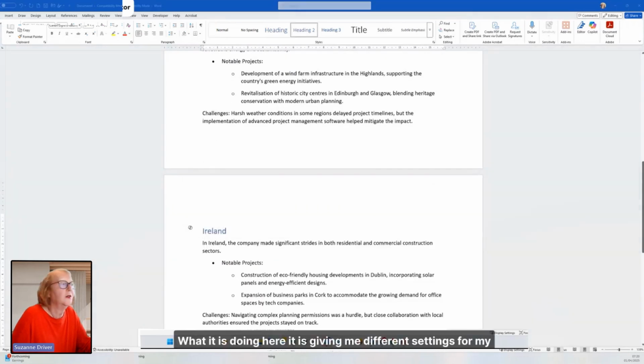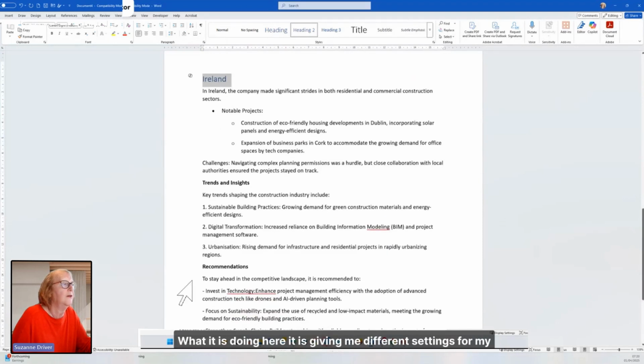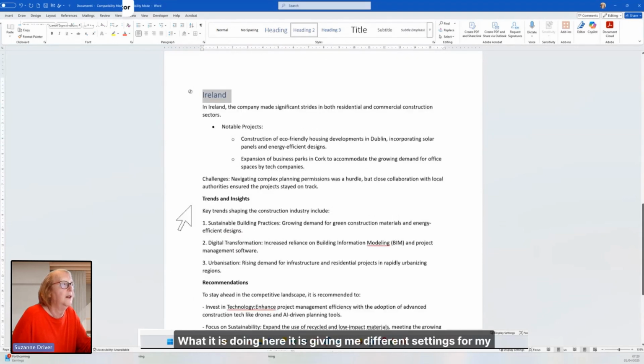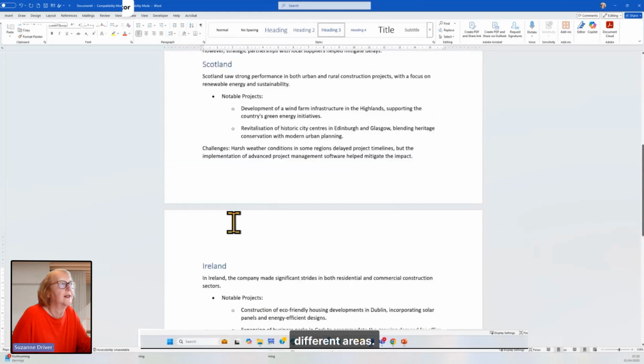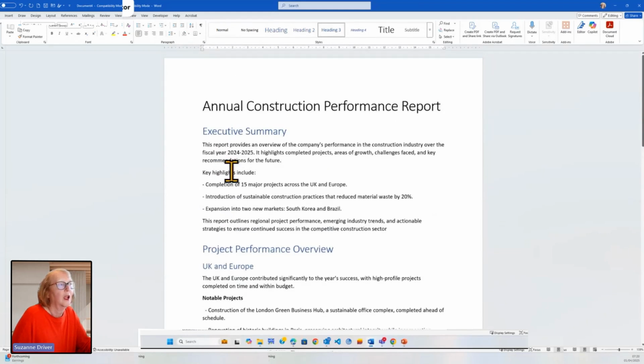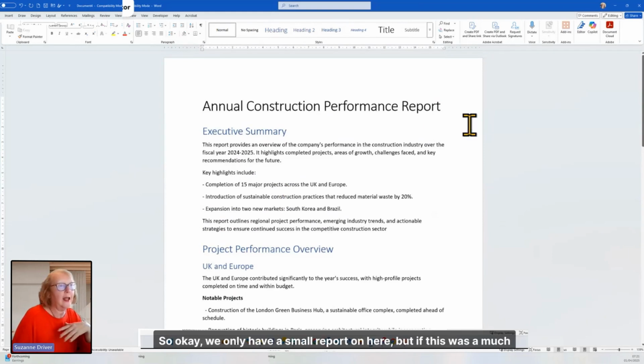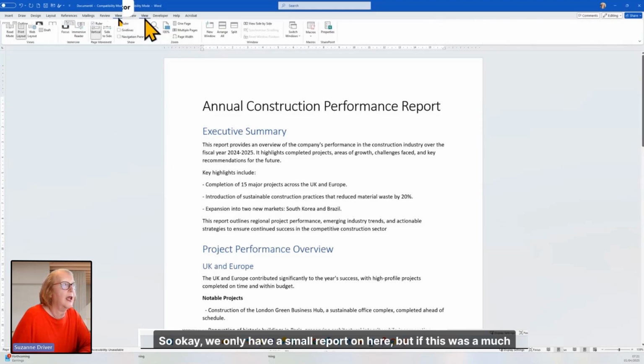What it is doing here, it is giving me different settings for my different areas. So, okay, we only have a small report on here. But if this was a much longer heading,